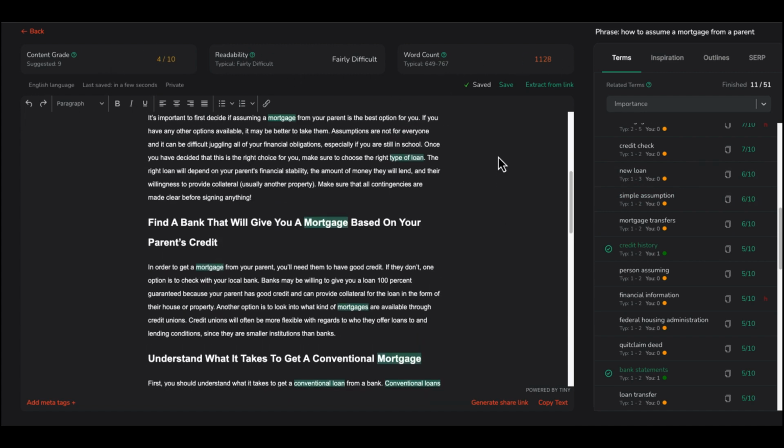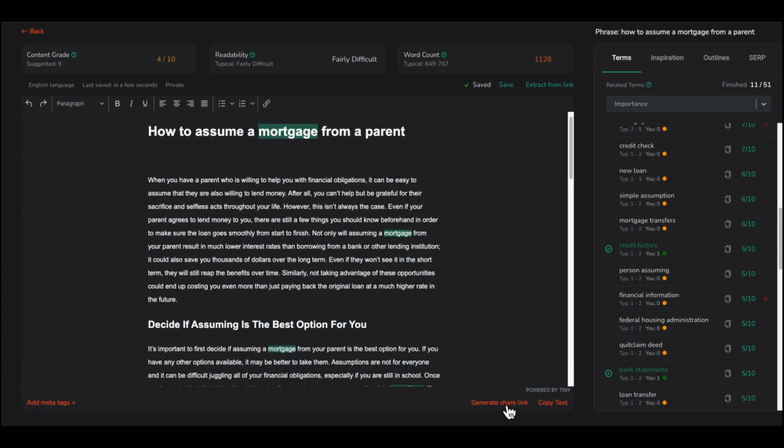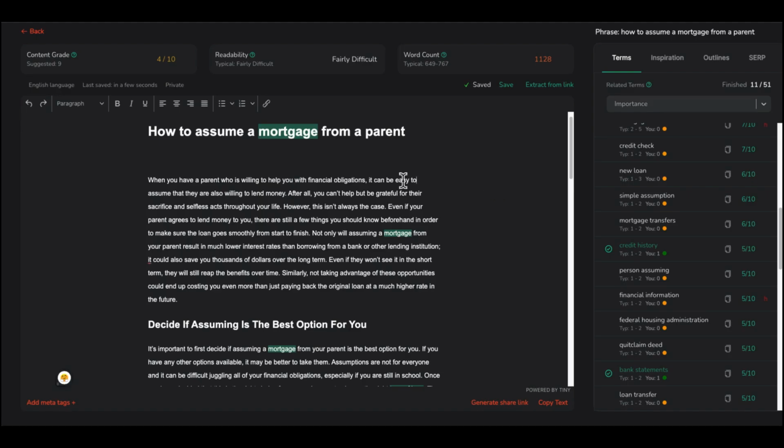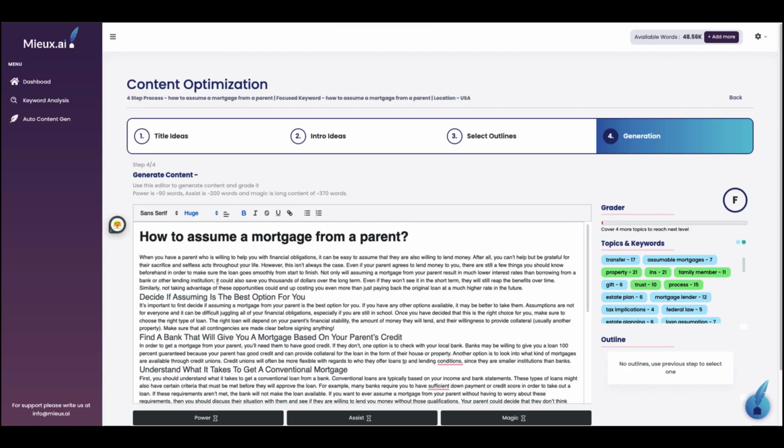You can also generate a share link with Robinize, and you can share this with your team, with your writers, with your clients. They can edit and add to that link without having an account with Robinize. So this is something Neuron Writer doesn't currently have. Something that Surfer has, Robinize has with the sharing of the link. So if you're looking for something that you could share with your team of writers, Robinize might be a very good choice for you.